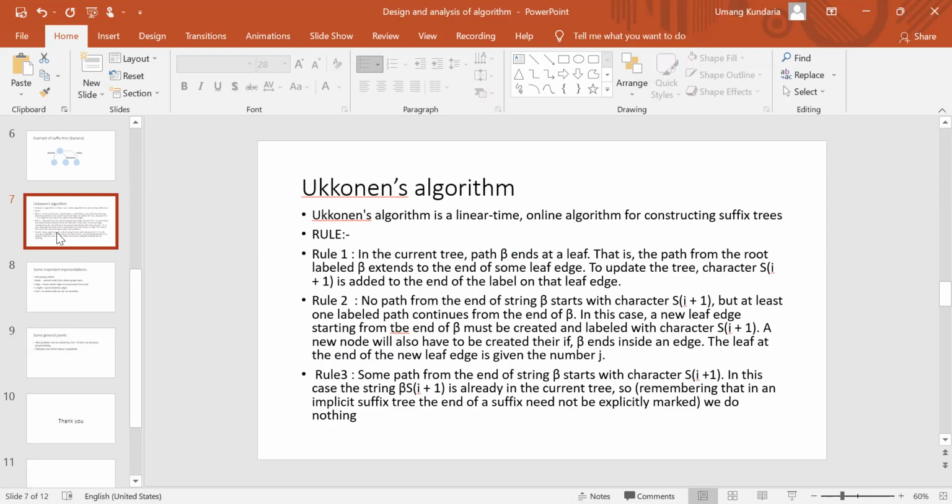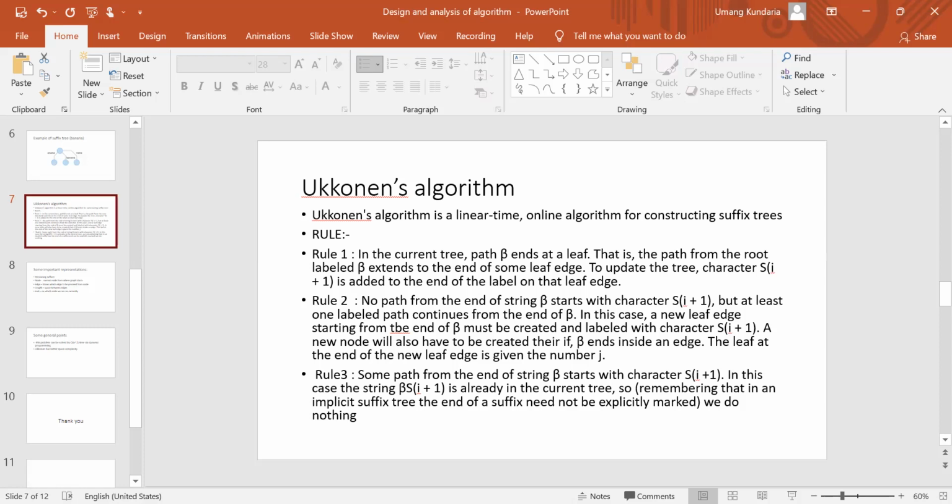Rule 1: in the current tree, path beta ends at a leaf, that is, a path from the root labeled beta extends to the end of some leaf edge. To update the tree, character S i plus 1 is added to the end of the label on the leaf edge.